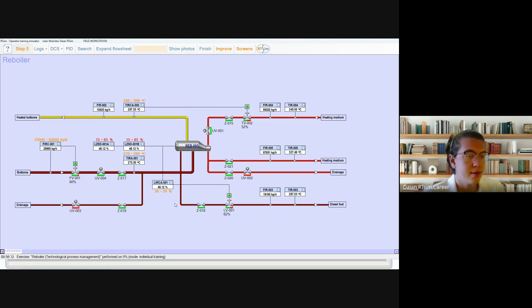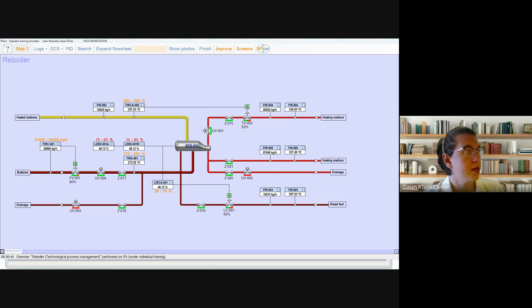And in the reboiler, the column cube product is heated up more and returns to the column cube, supporting the temperature that is necessary for the column to work well. The common product is heated by superheated gas and superheated